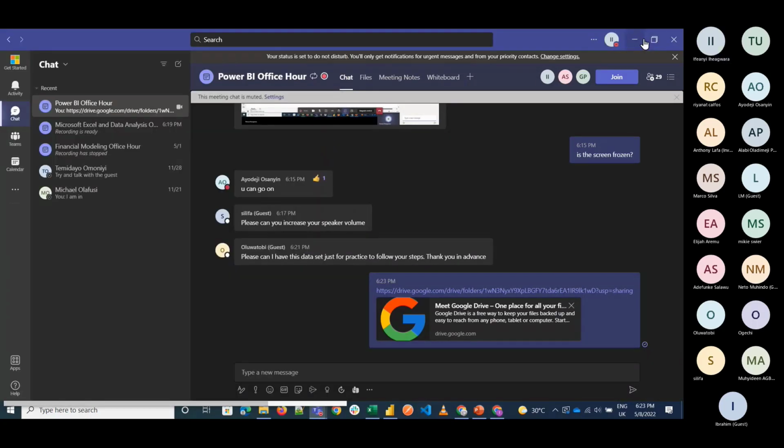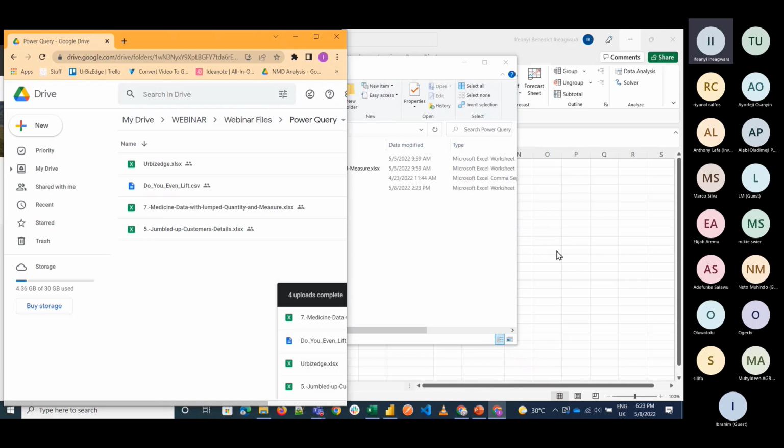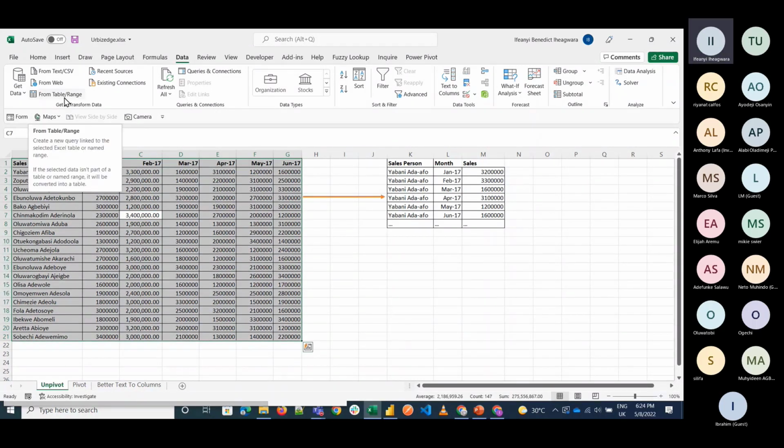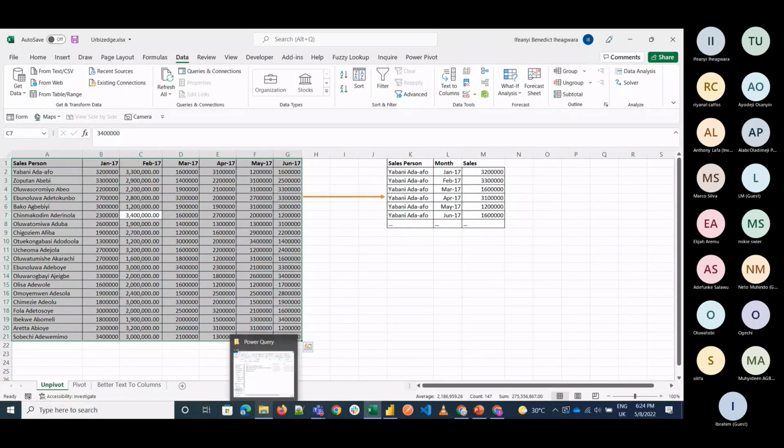Okay, so we want to change this table to this. So we're going to want to open this now in Power Query. To open this in Power Query, all we have to do is select this table. And you see here, From Table/Range. This means I want to get a table or a range in my Excel workbook, in this particular Excel workbook which I'm working in. If I wanted it from an external Excel workbook, for example, I want to open maybe